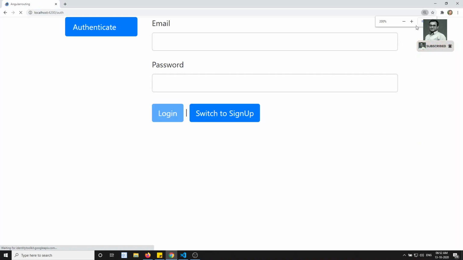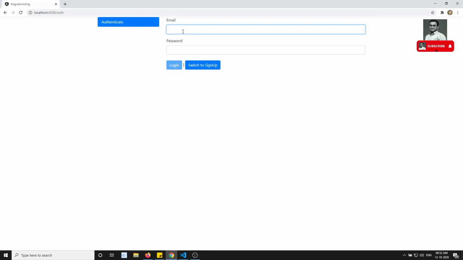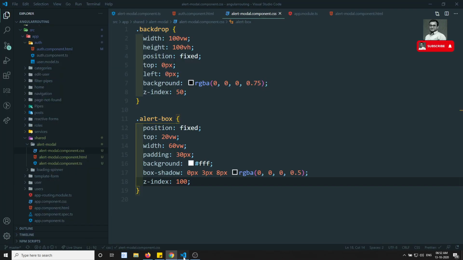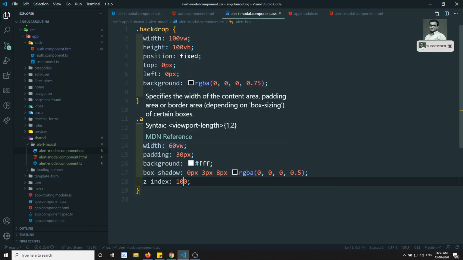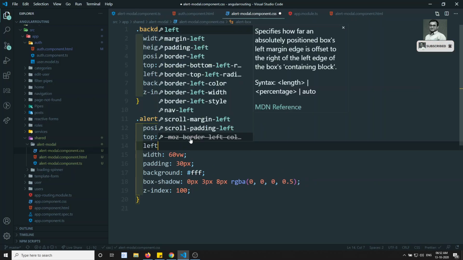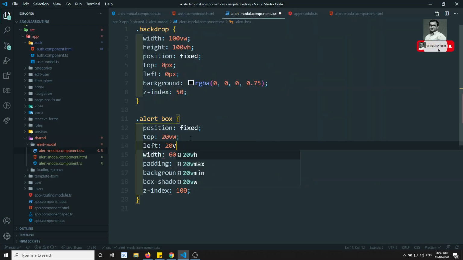Okay, so if we remove the zoom out thing, then it will be very clear. If I write test@test.com, and if I write something like this, if I click here, we are still able to get the wrong thing. Let's see, top is 24 bit. Sorry, left we need to give, the left is 20 bit, you put width.